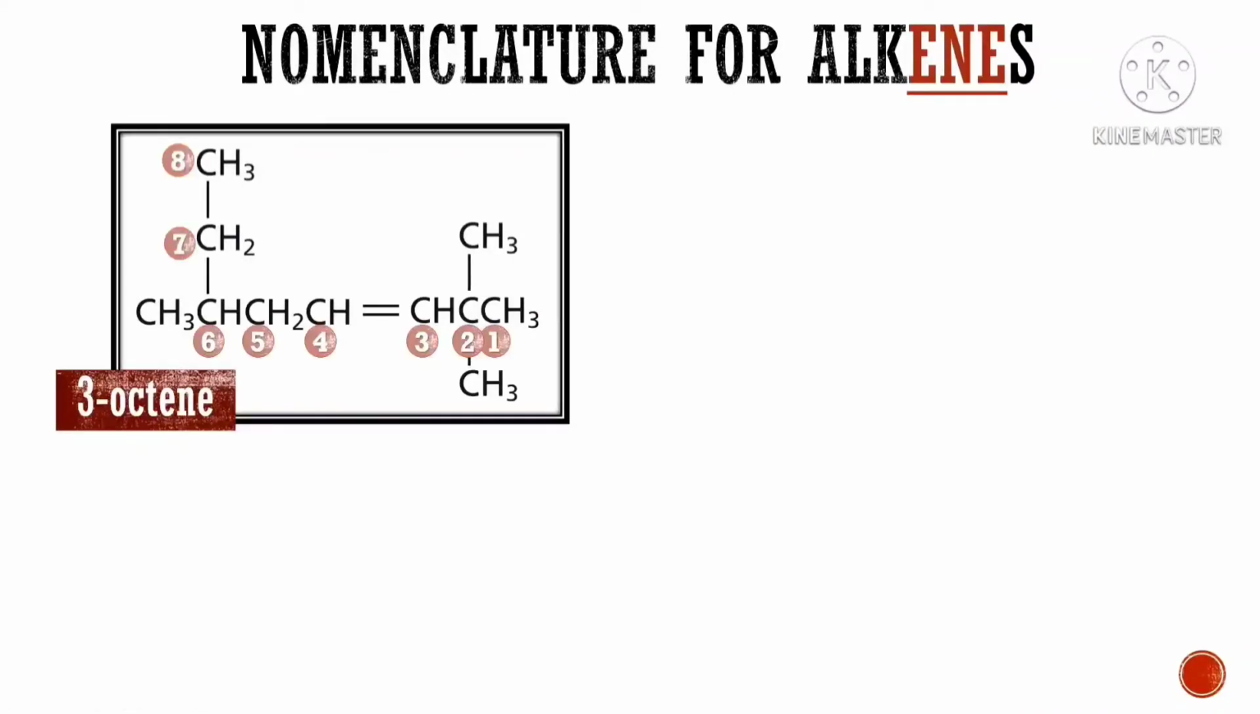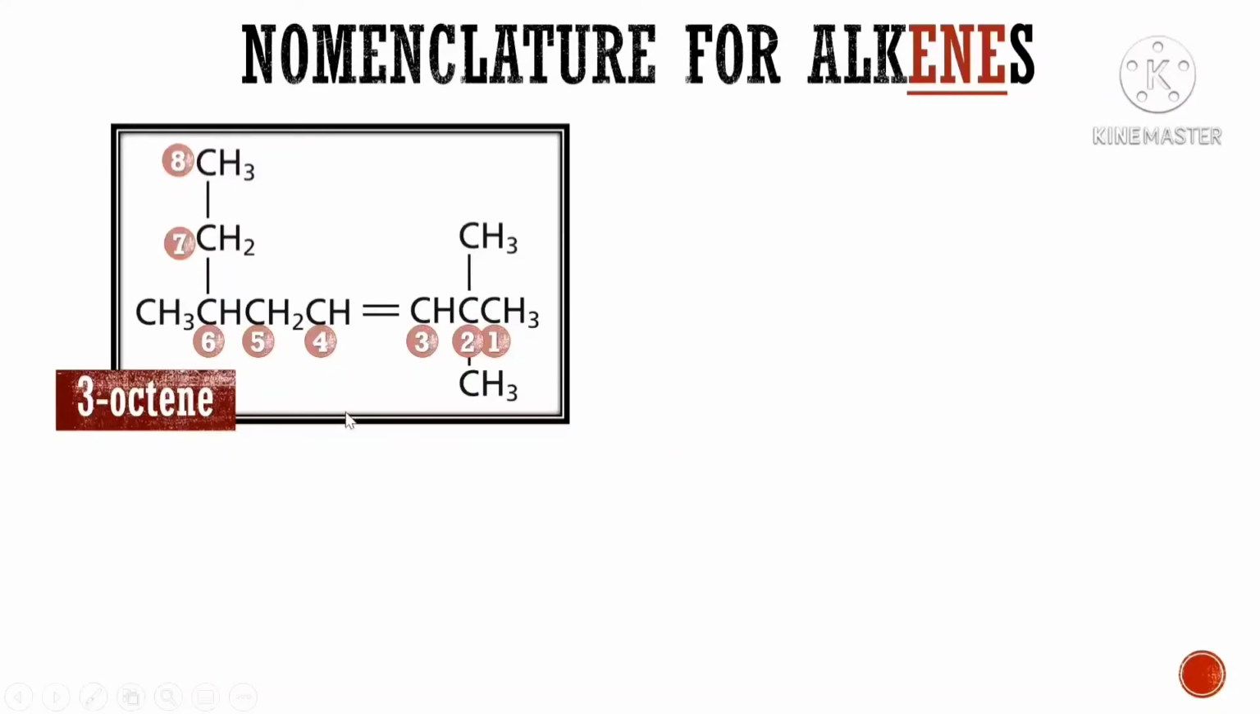Be very careful in selecting the parent chain. Remember that it is the longest continuous carbon chain. So for this example, this is the one. We have 8 carbon atoms, and we number from the right, giving priority to the double bond. So we write 3-octene. The double bond is at carbon number 3, and there are 8 carbon atoms in the parent chain, so we